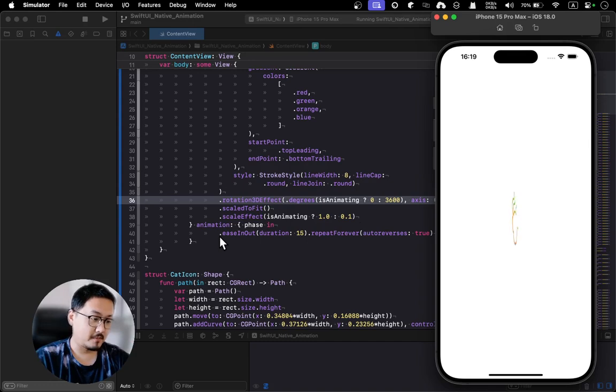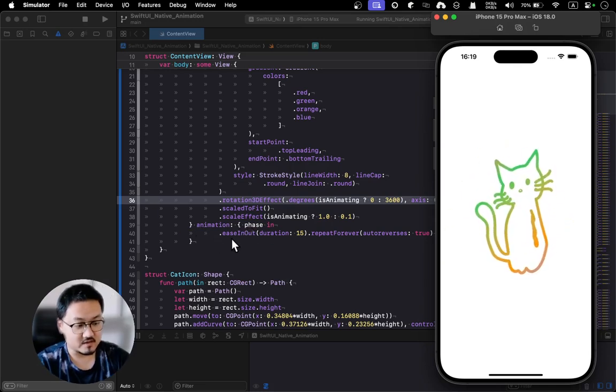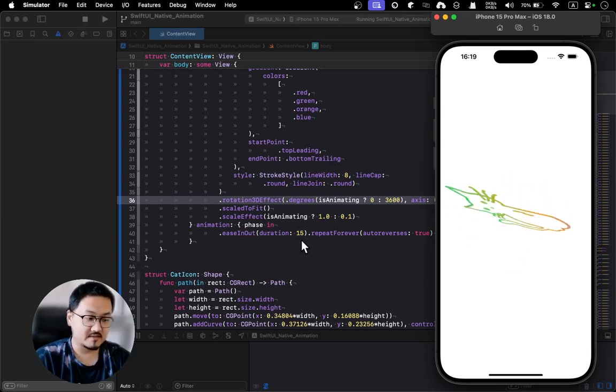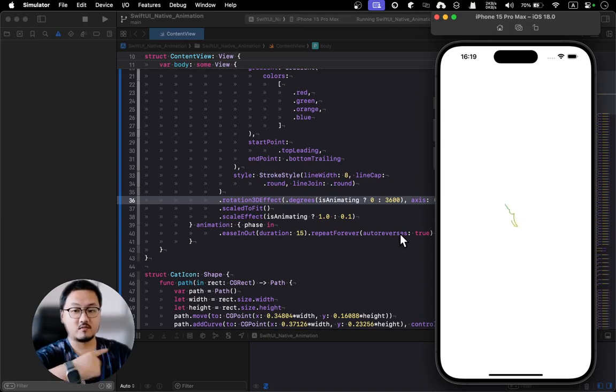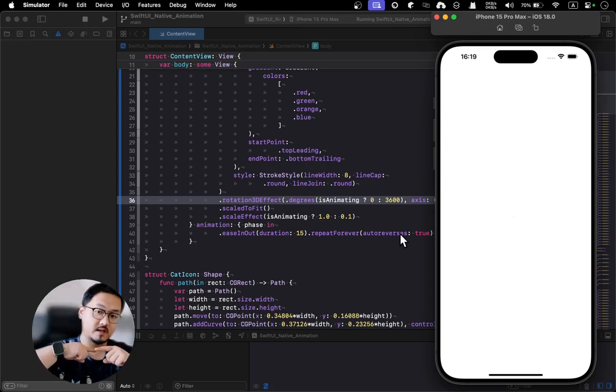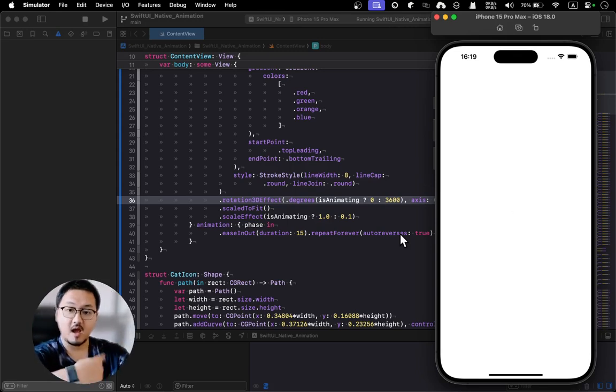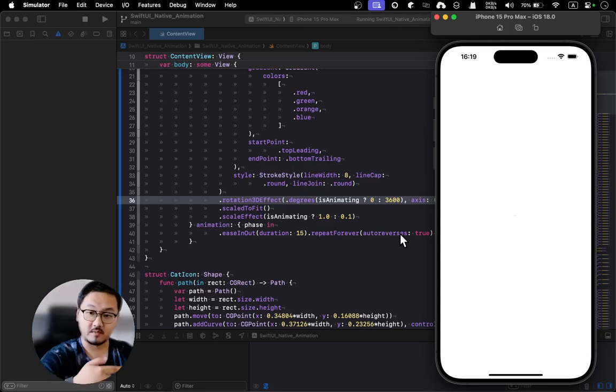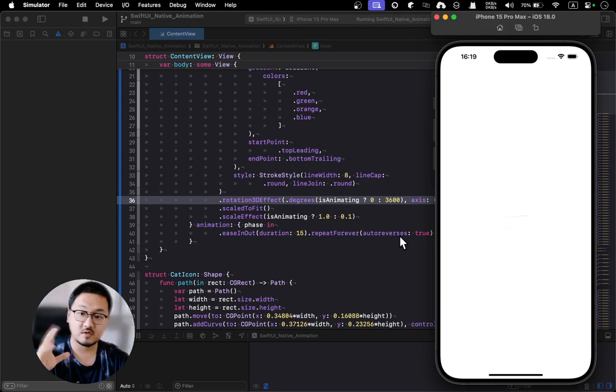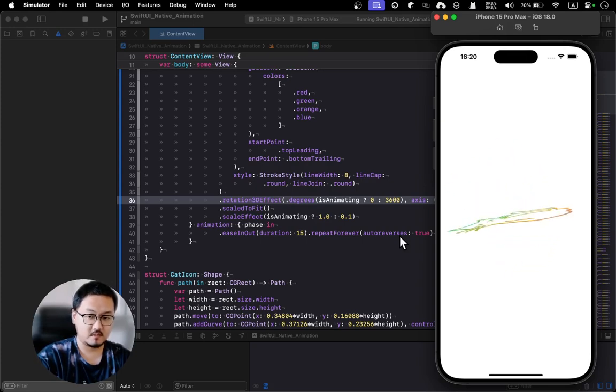And after all this, we're going to control the phase and animation. For the phase animation we can use ease in and out, set a specific duration, and I add a repeat forever. So I switch it on so it can repeat. Of course, you can repeat from the start, or you can repeat by reversing all the way to the beginning and then doing it again. I choose auto reverse just to make it less glitchy, because if you stop the animation here and boom, jump to the original place,